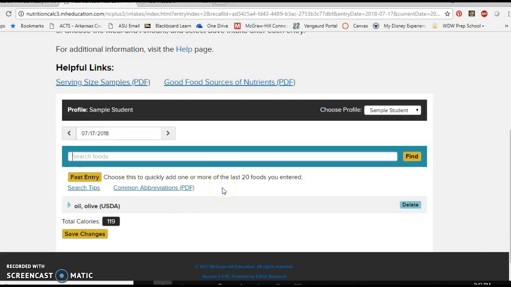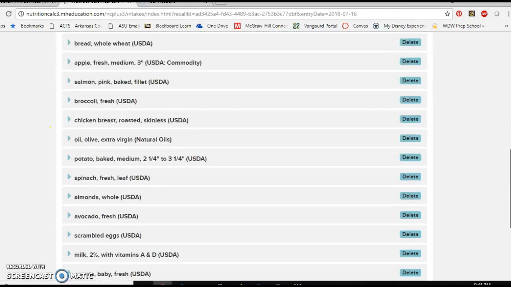So basically, you're going to go through, add all that food for the day for the assignment. This is not something that you've actually had to eat. It's just you're coming up with a day of foods that are going to provide you with the nutrients, or that sample profile person with the nutrients that they need based on recommendations. Okay, so after you've entered all the foods that you think are necessary,